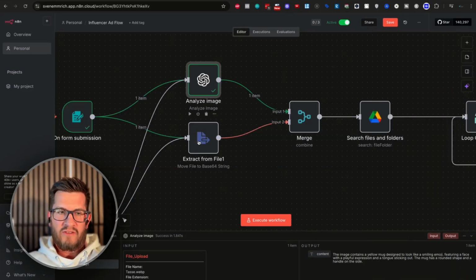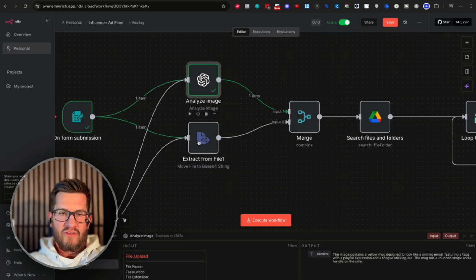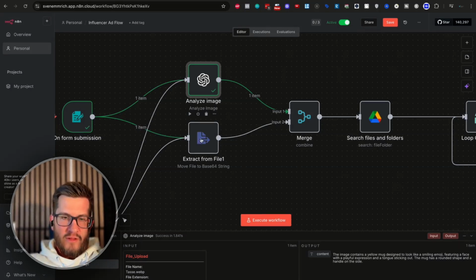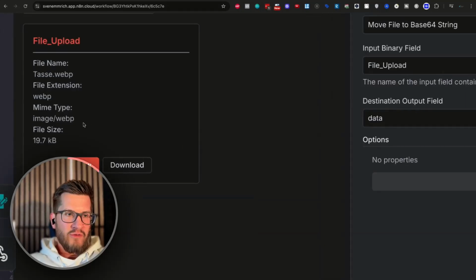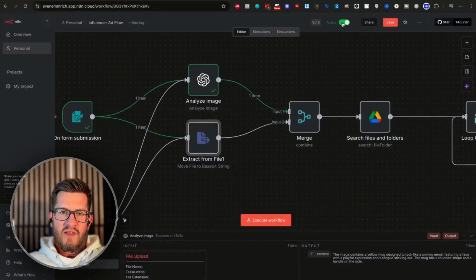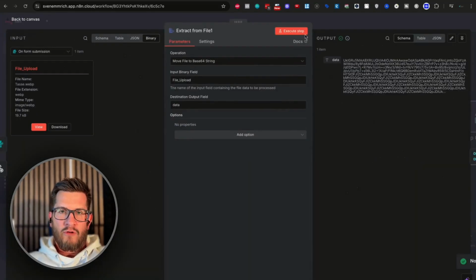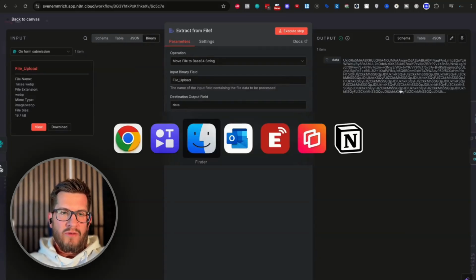Now, what you have to understand is that in a computer language, everything is zeros and ones at the lowest level, and eventually the stuff that we see is an image. It's an image file which is connected to a certain MIME type. But in many cases we cannot work with images. What we need is a base 64 string, and that is what you see here. A base 64 string is what you get when you open a JPEG file with your